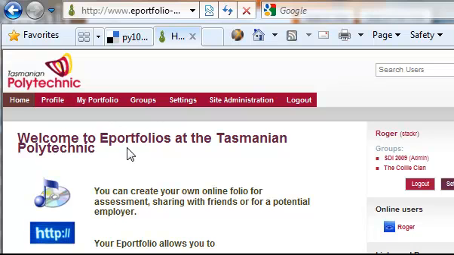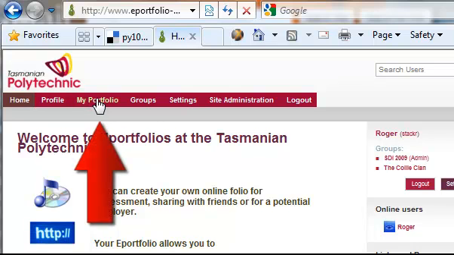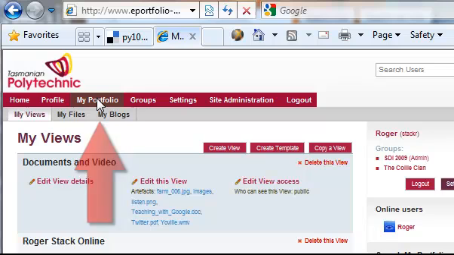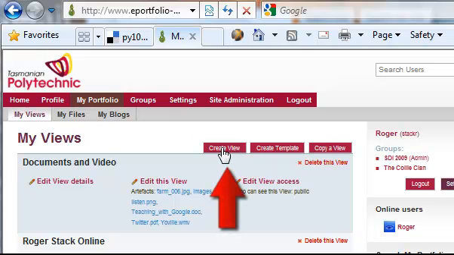I'd now like to show how to create a view. Click on My Portfolio. In My Portfolio I've uploaded some images in my files and I have some blogs that I started. So to show those so that other people can see them, I click on Create View